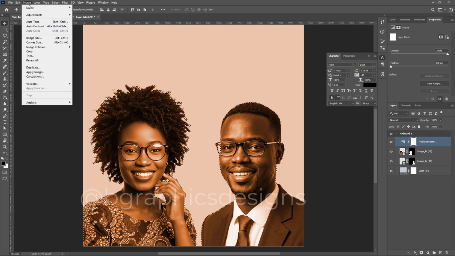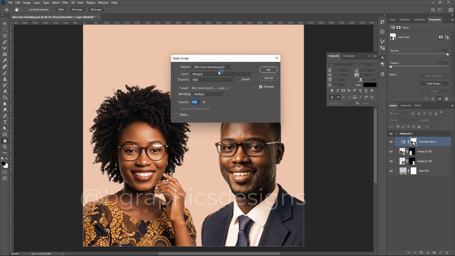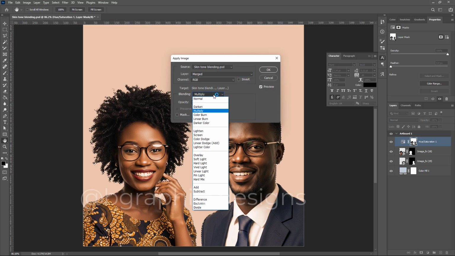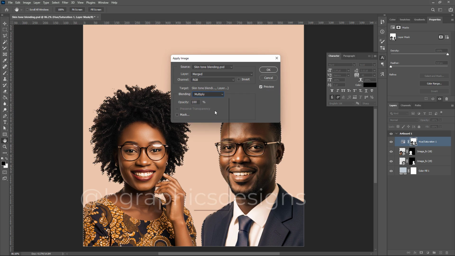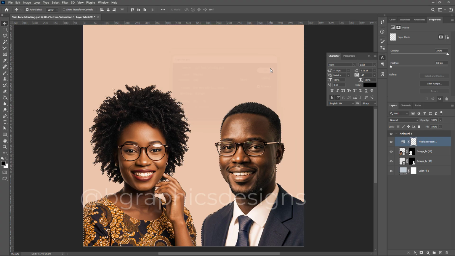From the menu, image, then you go to apply image, then merged. It's going to be merged, then it's going to be blending mode of multiply. So leave the opacity at 100%, then click on OK. If you check what happened here, it means that on the layer now we have the application like a grayscale of the major image applied over the skin tone, such that the hue and saturation doesn't overwork the image or